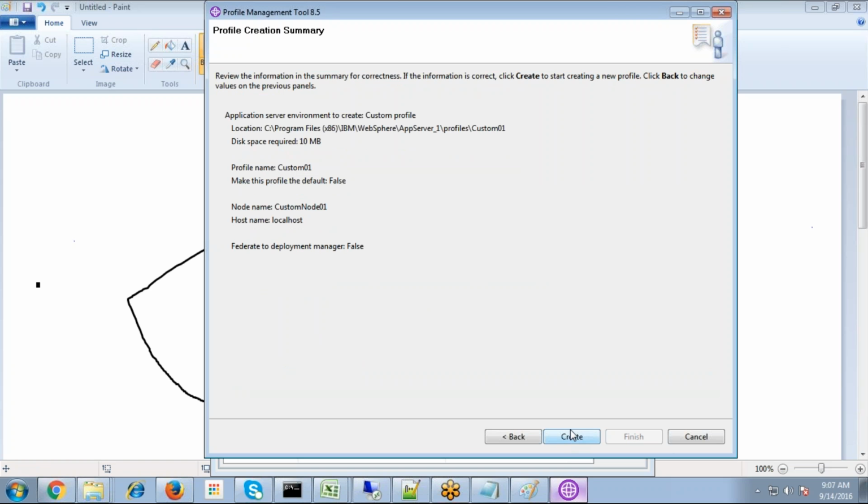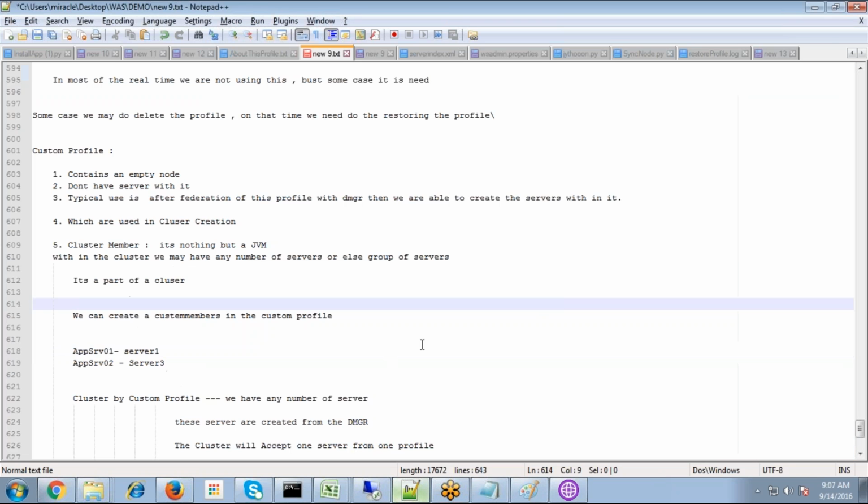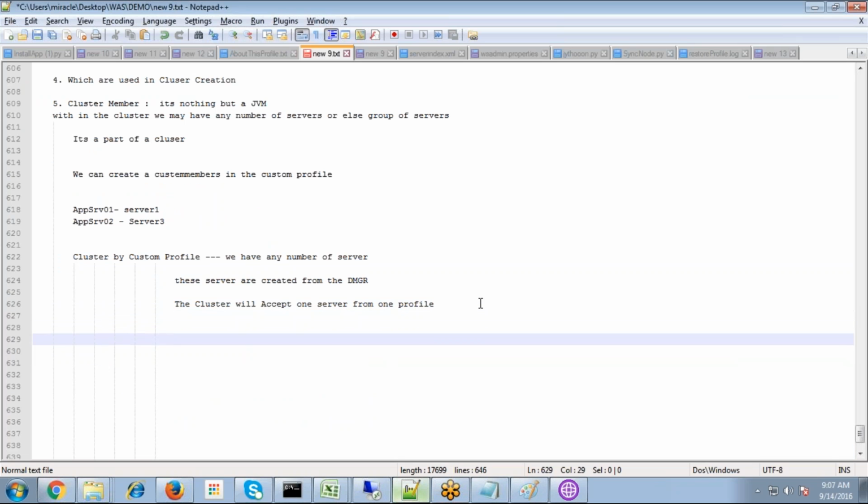As I already told you, the custom profile doesn't have any administration console or any server. So for that, it doesn't have any port number details. So we are going to create it. It will take 2 or 5 minutes. Before that, we are going to deal with